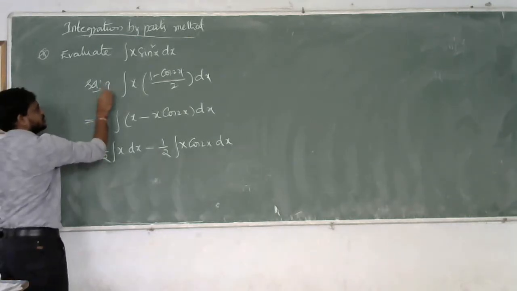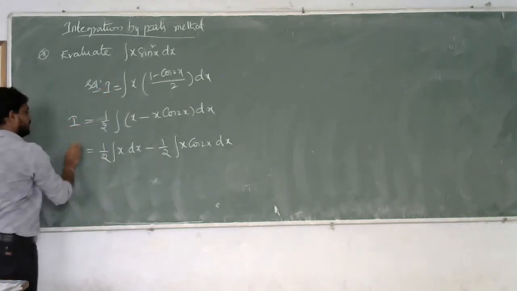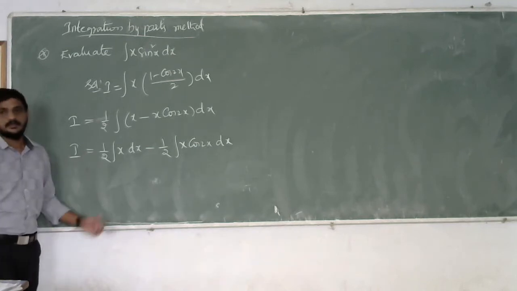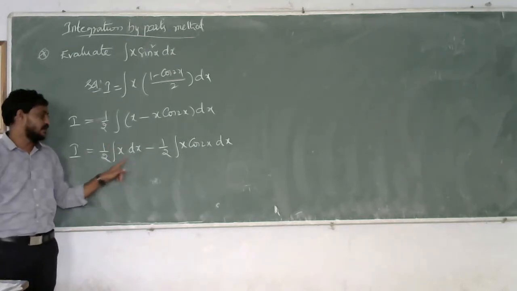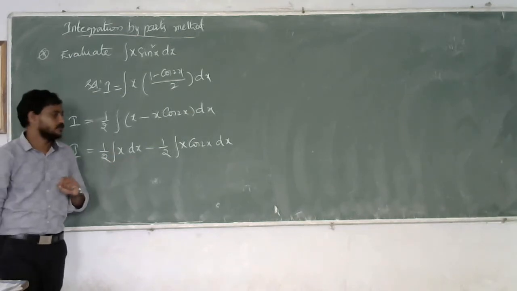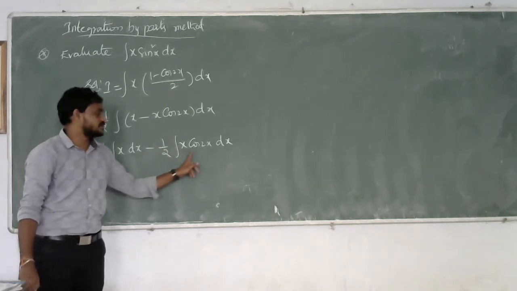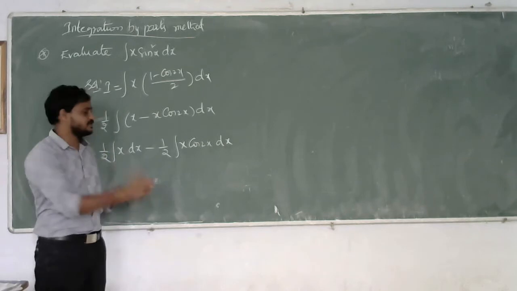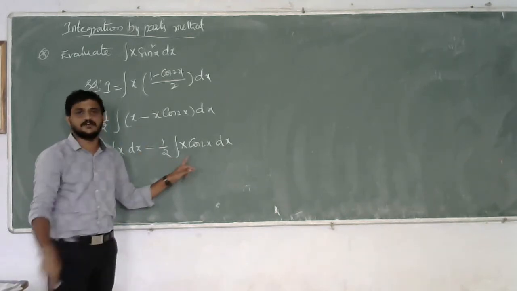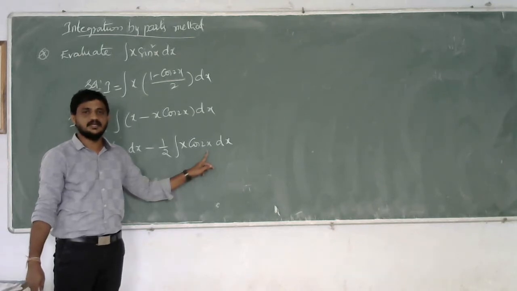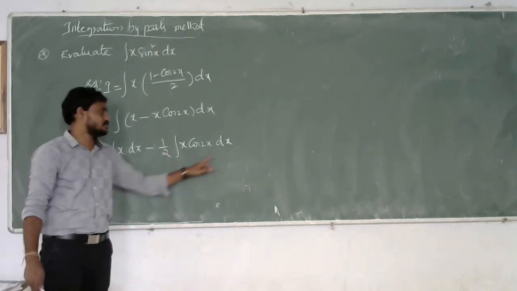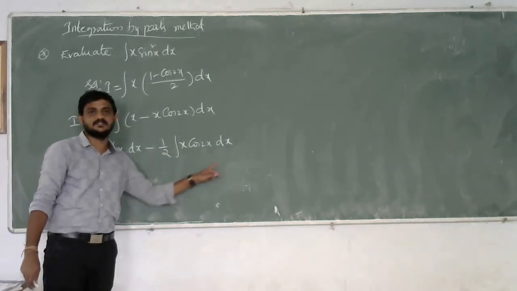First, let us consider this integral as I. This is I value. Now, here we have integral x into dx. Directly we can write this integration of x value. But what is integral of x into cos 2x dx? Again, in this integral, we have two different kinds of functions. One is x and another is cos 2x. Right? So again, we have to use this integration by parts method for this function.